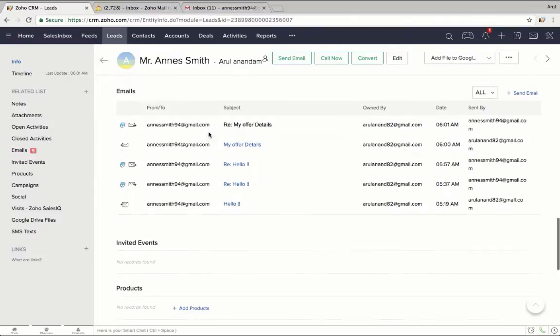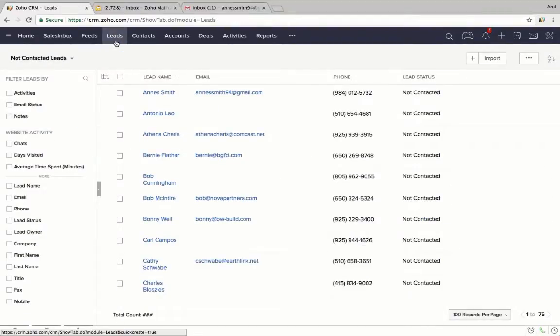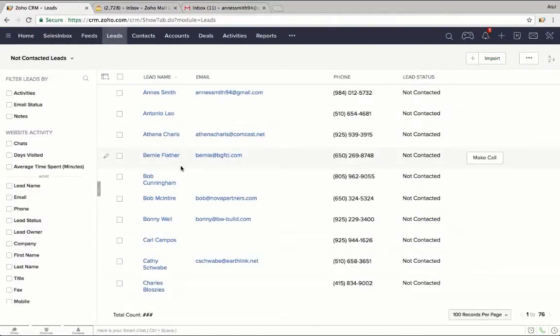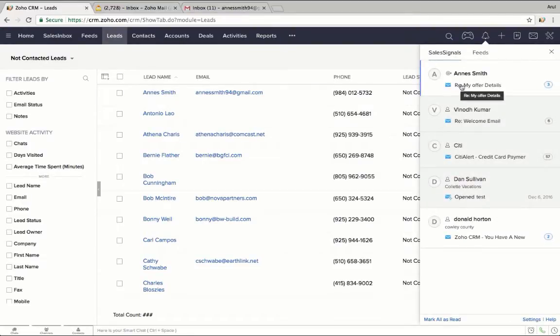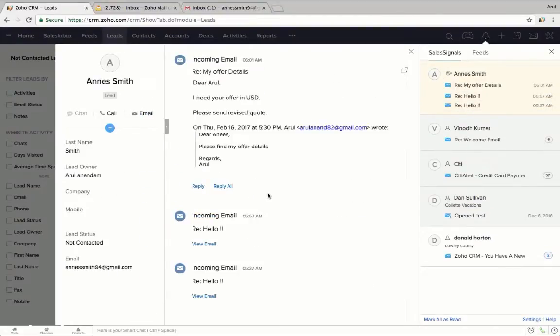Now that your email communication is fine with your prospect, you can follow up further with other leads. Imagine if Annie Smith replies asking for a quote. You need not open the Annie Smith record and wait for the email to come in. You can continue working on other leads. Meantime, if you get a new email, you get a notification on the top right like this. When you click on it, you see that you have got an email from Annie Smith. You can take a look at Annie Smith's record details, what emails you have got, and what the